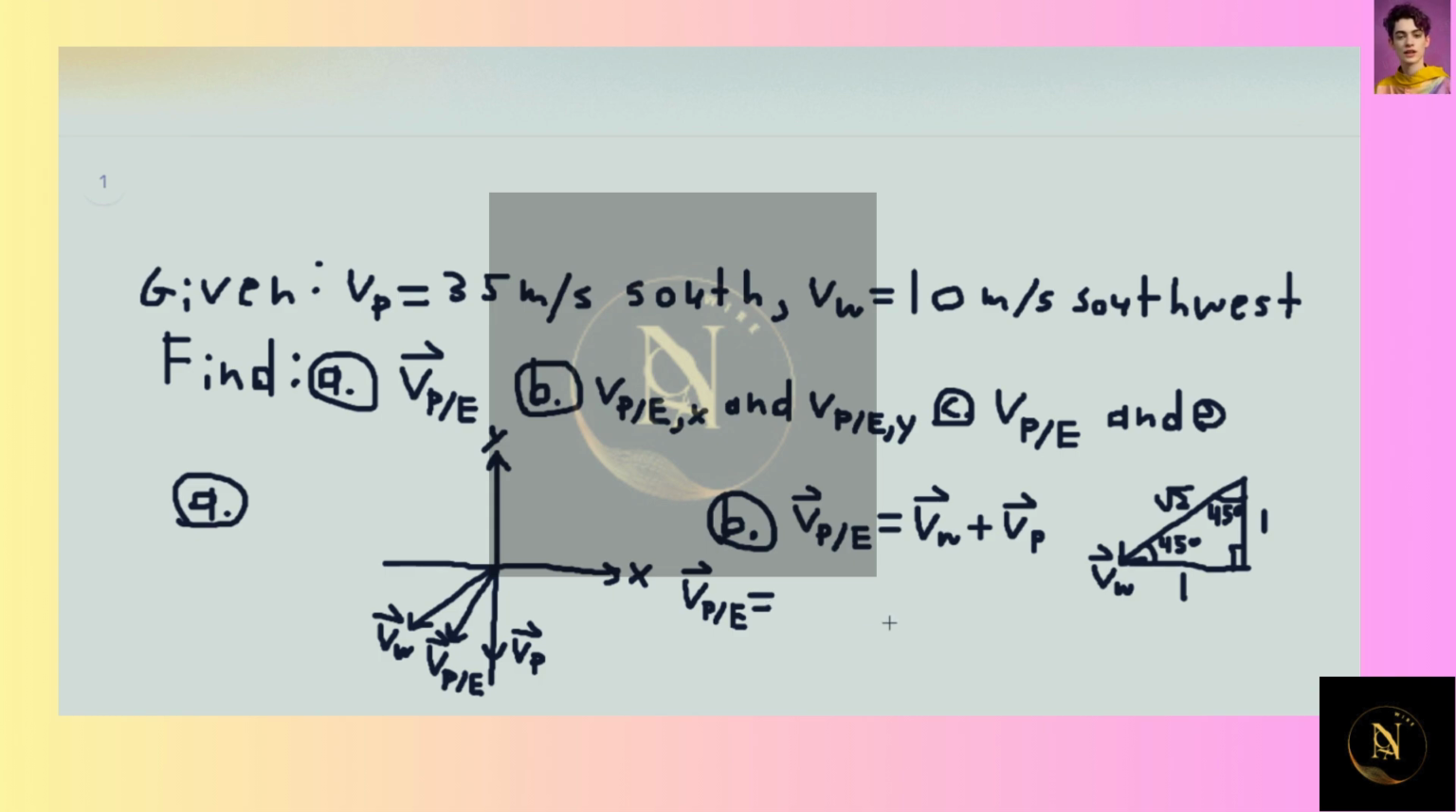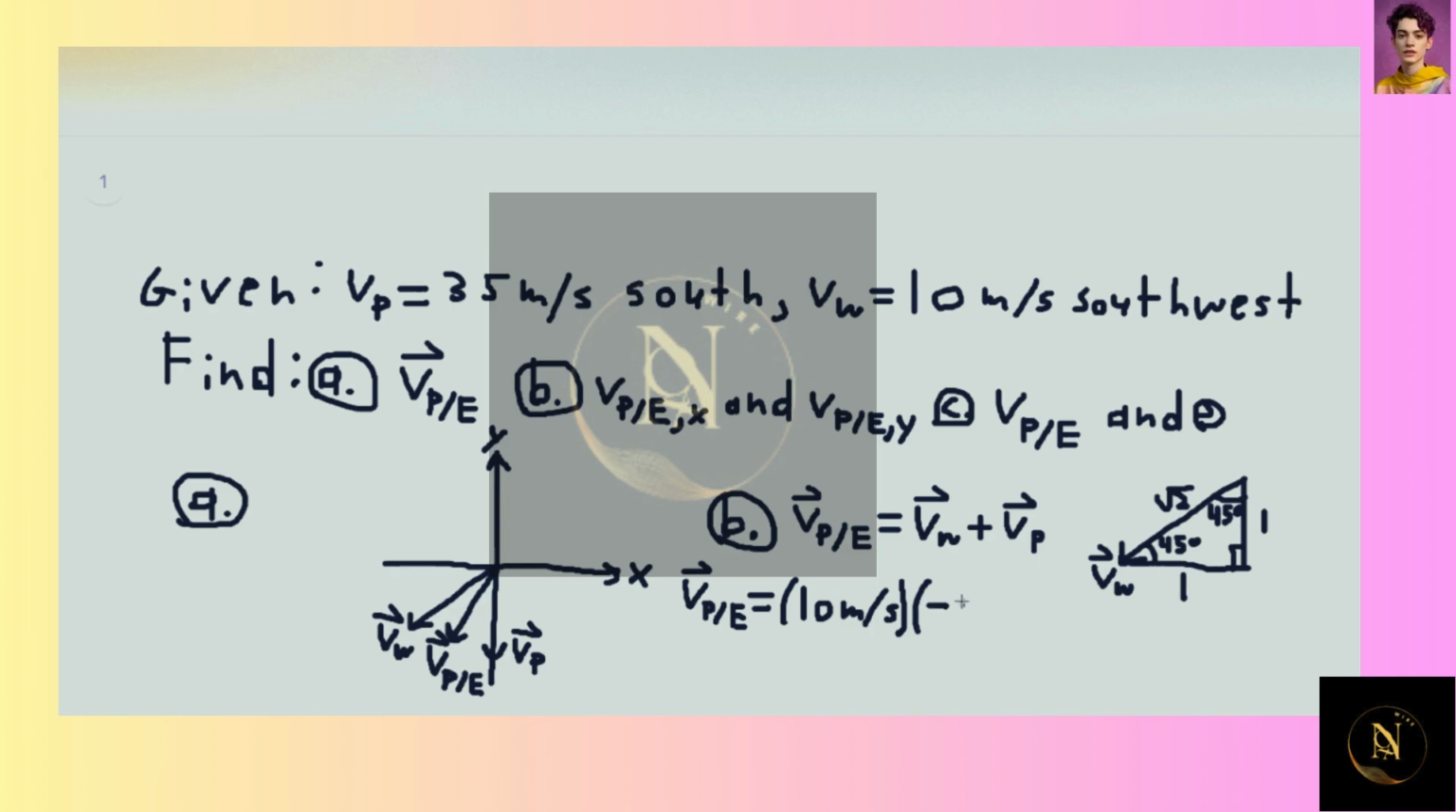Okay. So now we're going to use i and j components for VW here. So we're going to have the magnitude of it with the direction. The magnitude is going to be 10 meters per second, and it's going to have i and j components here. It's pointing both in the x and y direction. So the components are going to be